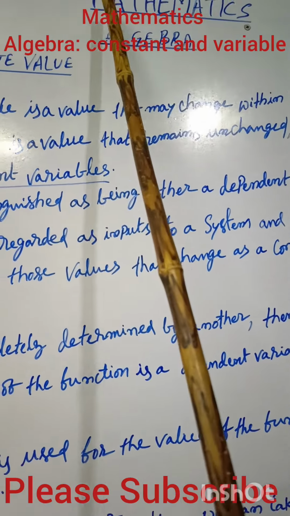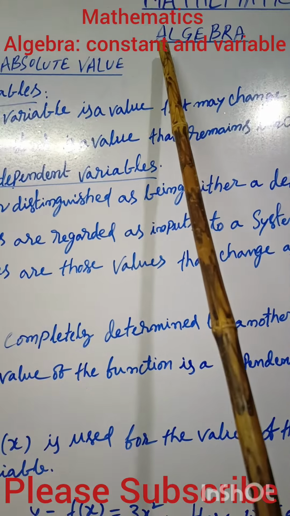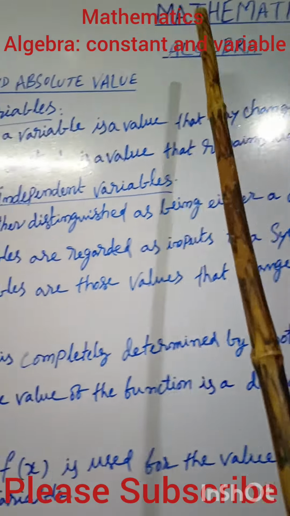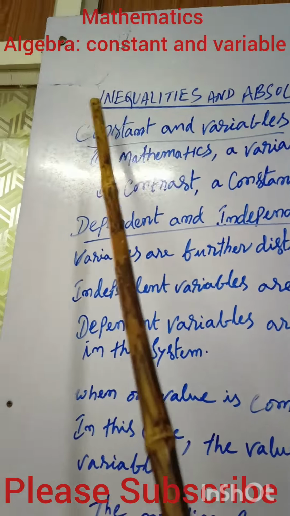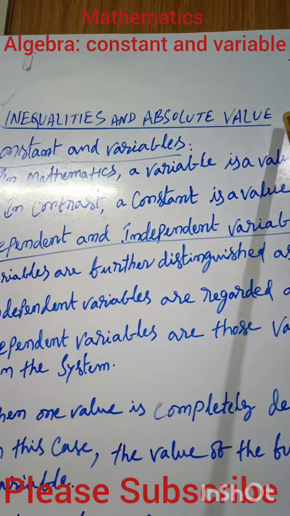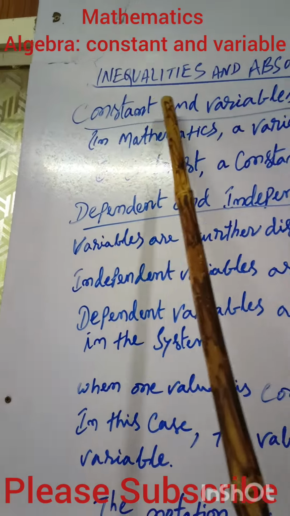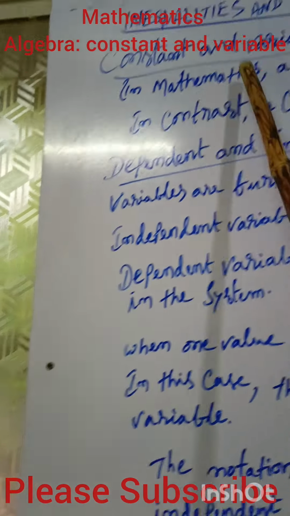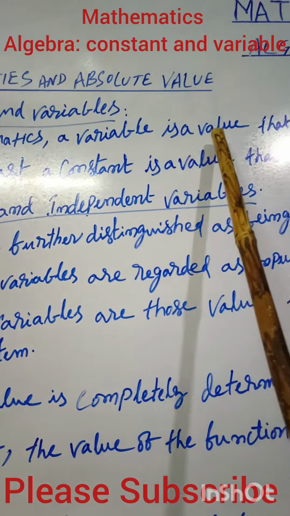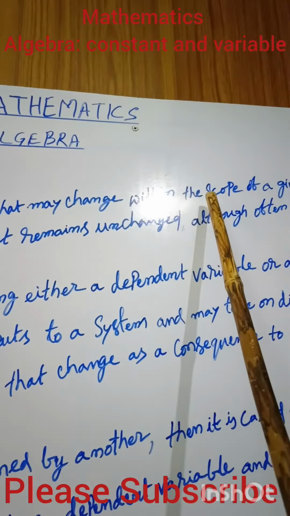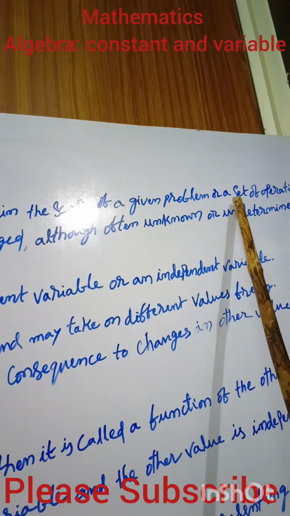So today's subject is mathematics. Under mathematics, the lesson is algebra. In algebra: inequalities and absolute value, then constants and variables. In mathematics, a variable is a value that may change within the scope of a given problem or a set